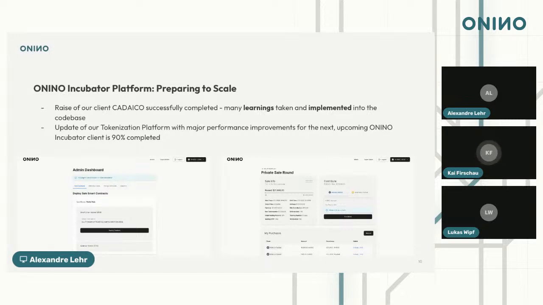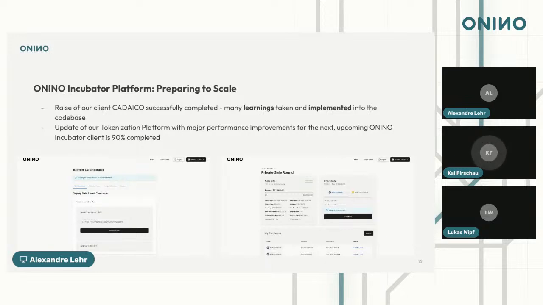In the long term, we want to onboard even more projects, in faster time, through the Onino incubator, and thereby also onto the Onino mainnet as builders and creators of amazing and interesting new projects.